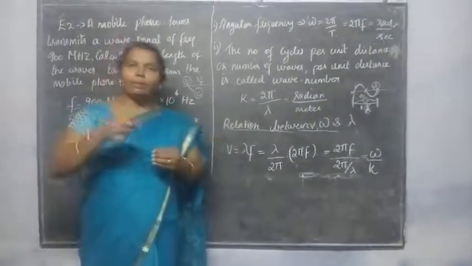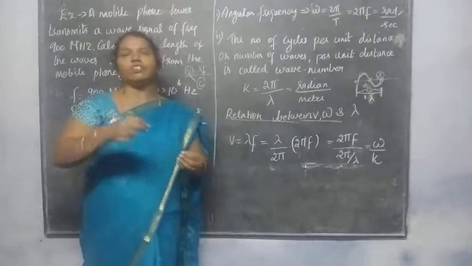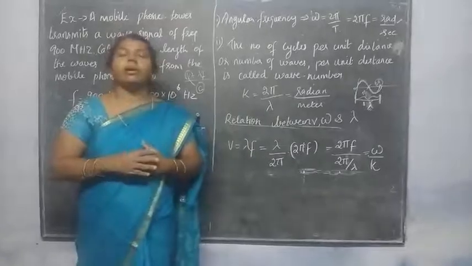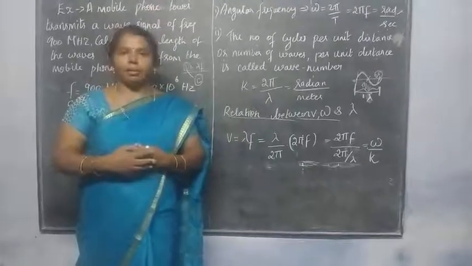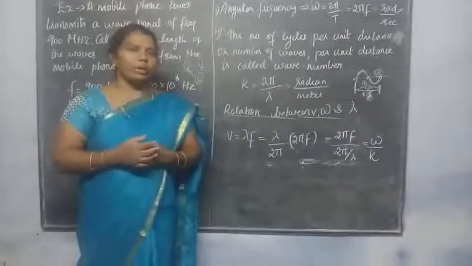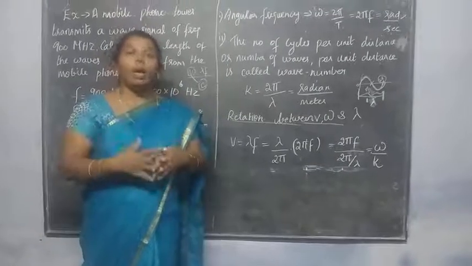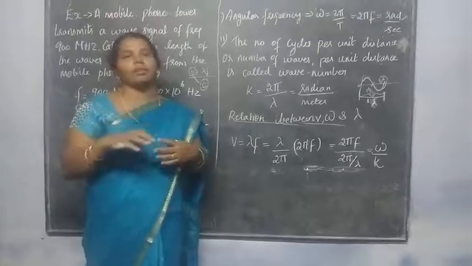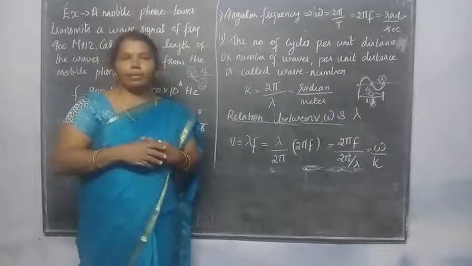Okay. So these are the simple terms and definitions for the basic waves. I hope you understood, students. If you have any doubt in it, please ask me. And in the next classes we are going to see about displacement, amplitude, and then equations. You have to derive the equations for basic displacement, accelerations, velocities. Next class we will see. Okay. Thank you.